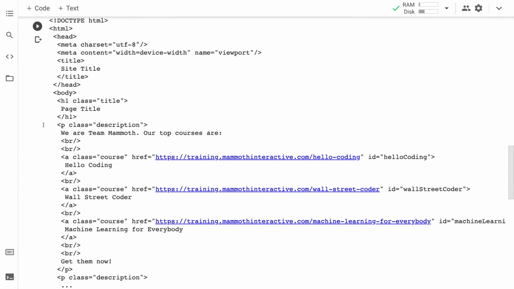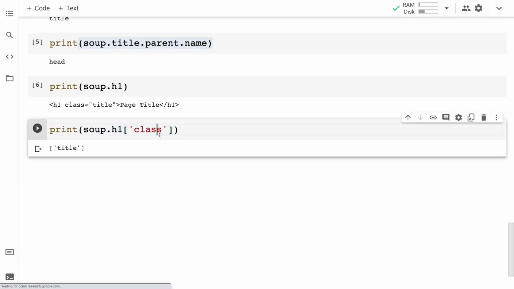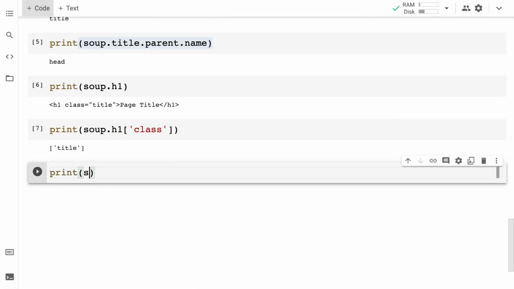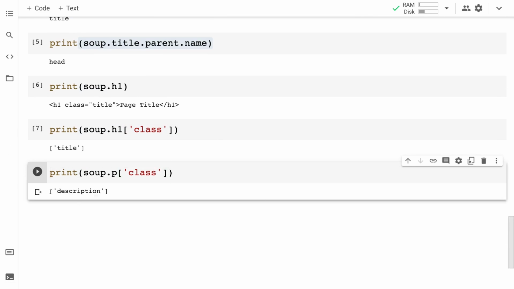Let's get a class of something else. Let's get the class of our paragraph. So for that, I'm going to print out soup.p at class, and that gives me description. So this returns the first paragraph it finds and the class of that paragraph, because every tag has a bunch